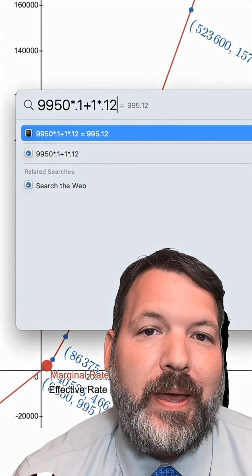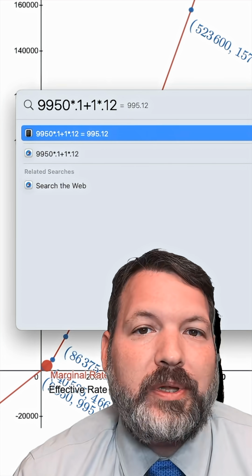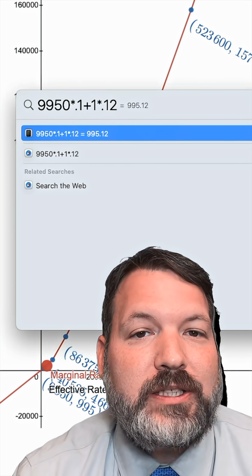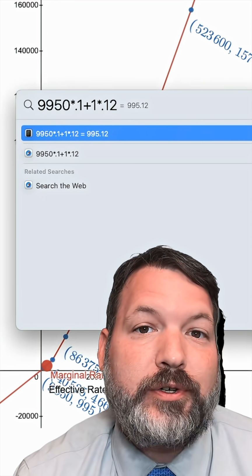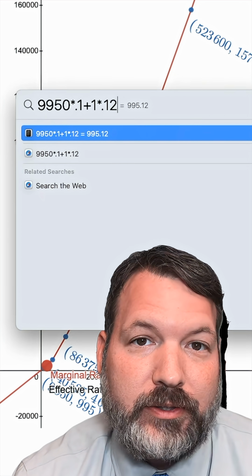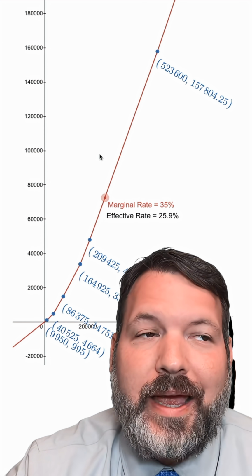way. Rather than having to pay income tax on 10 cents of that $1, you pay 12 cents of that $1, but that rate is still only applying to that next dollar you make after $9,950, not any of the first $9,950. This sometimes leads people to talk about the difference between what are called marginal tax rates and effective